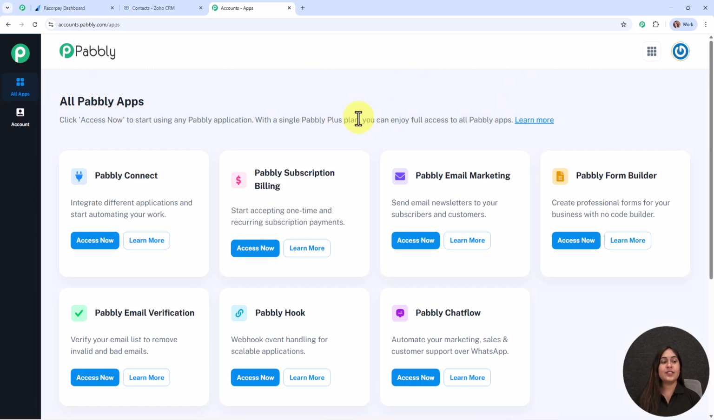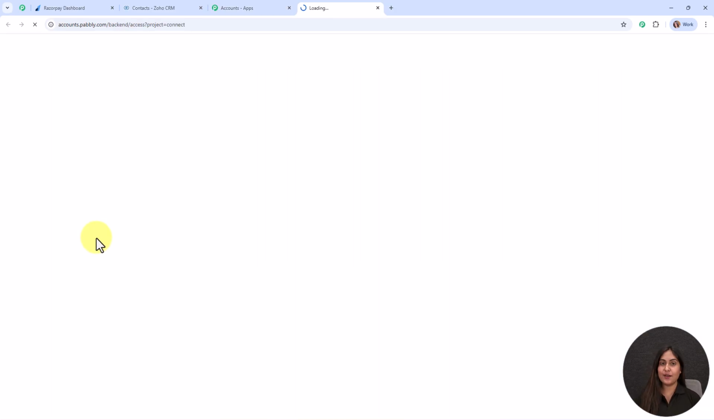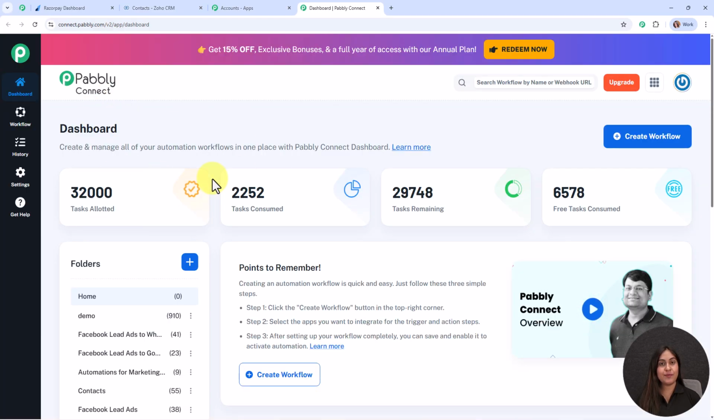Now after signing in, you can see all the applications of Pabbly. To integrate my different applications, I'm going to use Pabbly Connect by clicking on this access now. Now this is the dashboard of Pabbly Connect, and to build my connection, I need to create a workflow first. So for that, I'm going to click on this create workflow button given on the top right corner, and